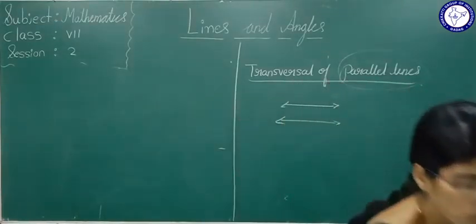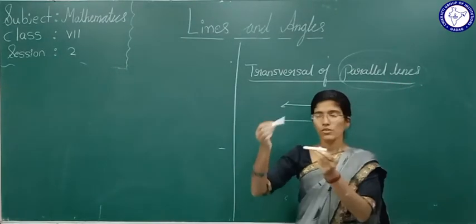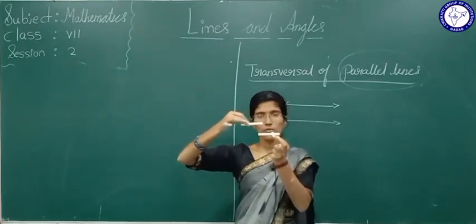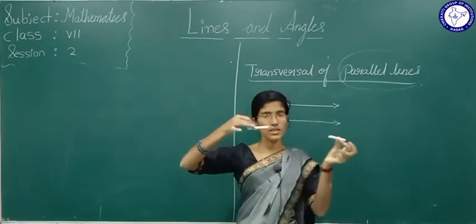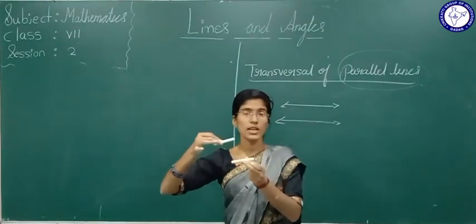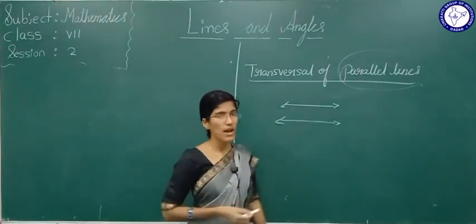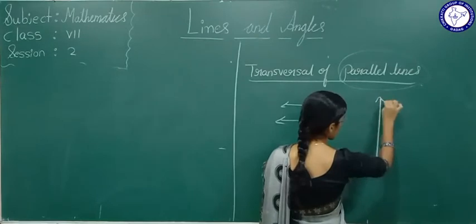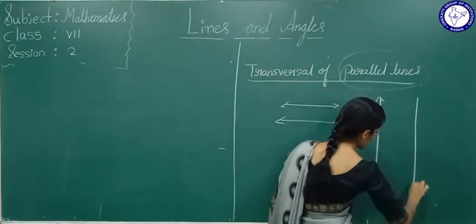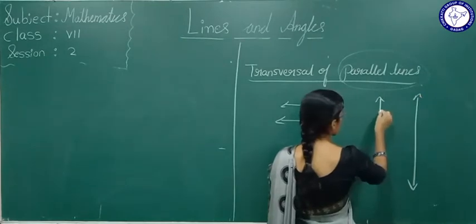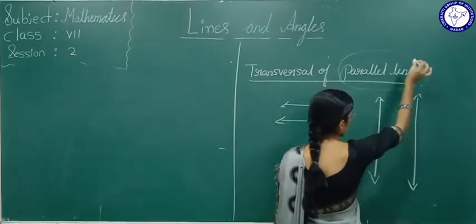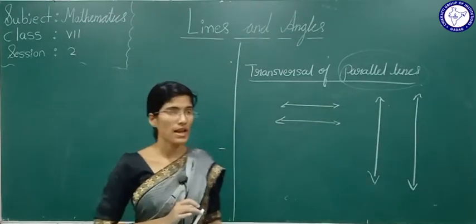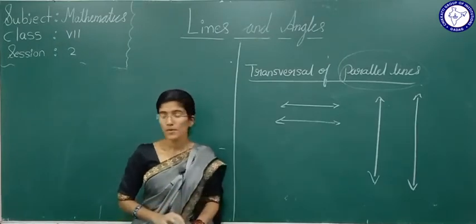Now see here, I will give an example. These are two lines. This line will move like that and this line will move like this. These two lines are not going to meet at all. These are called parallel lines. Is it understood? Now see here, this is one line and this is another line. This line will move like this only, and this line will move like this. These two lines are not going to meet at all. Then such lines are called parallel lines. Understood?